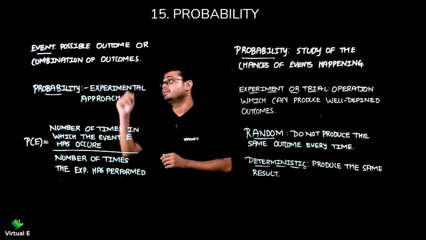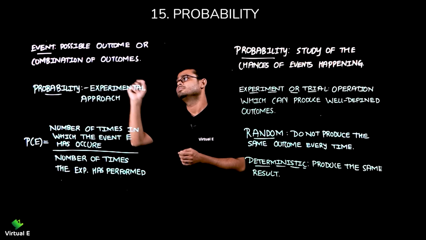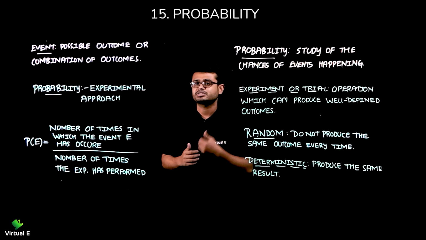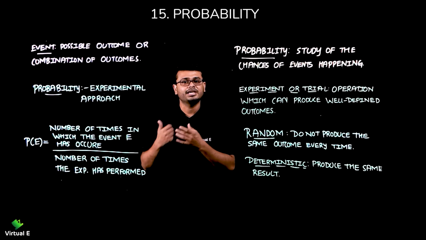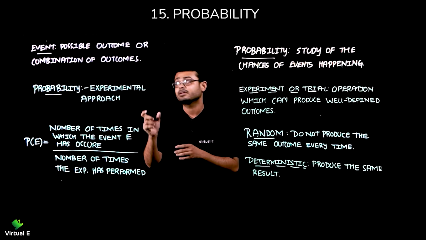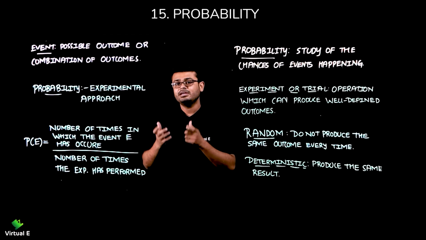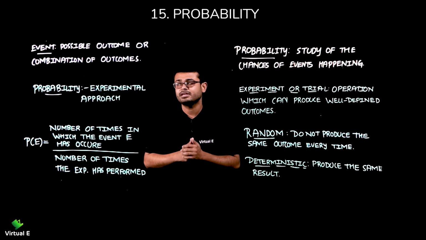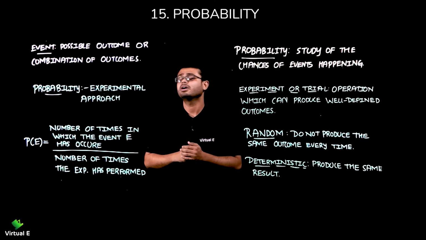Next, event. Now, what is event? So it is possible outcome or combination of outcomes. Let's talk about, we toss a coin and we want to find the probability for the head. So head is an event, right? Possible outcome. Okay, any of the outcome can be the event, or if we combine many outcomes, that can also be event. So event is possible outcome or combination of outcomes.